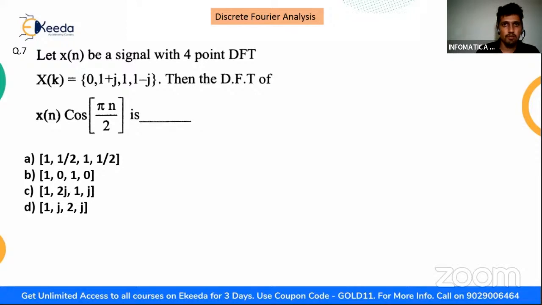Coming to the next, it is saying they mentioned x[n], 4-point DFT of this x[n], then DFT of x. This is basically again the shifting property, but in DFT, what is the basic property of this discrete DFT? That x[n] and X[k]